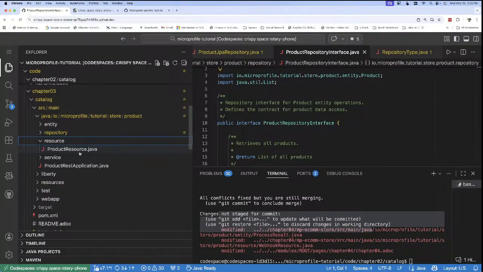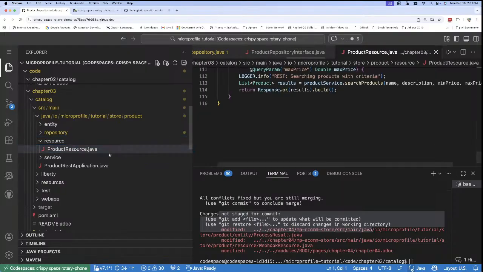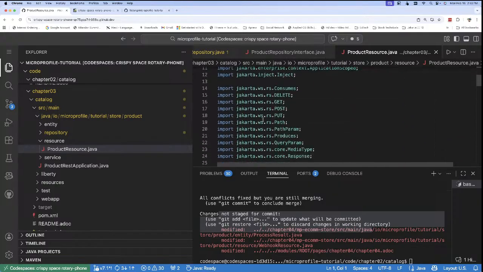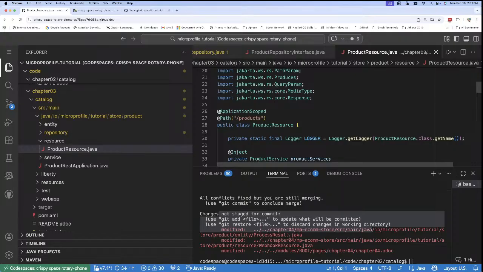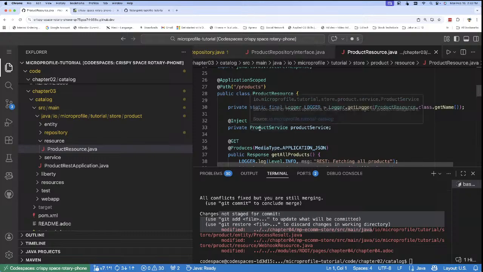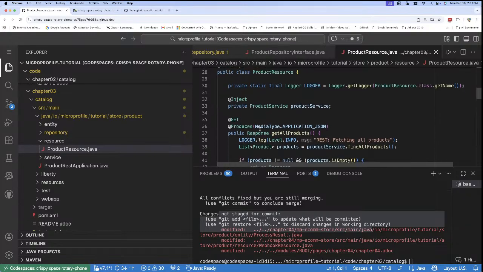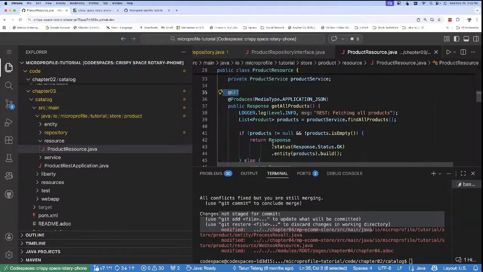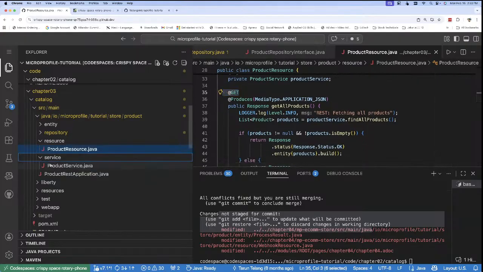All this is not the scope of MicroProfile, but it's a best practice for building microservices which can store data on multiple data stores. Now here we have the resource class. It defines various HTTP operations, for example, GET,